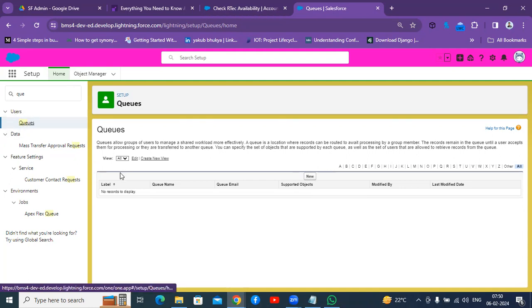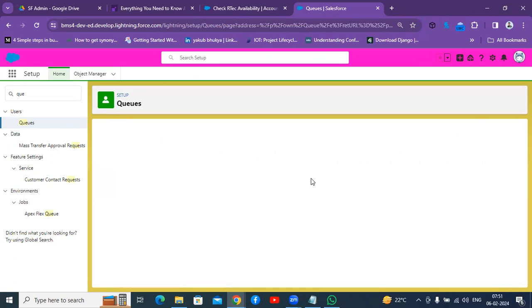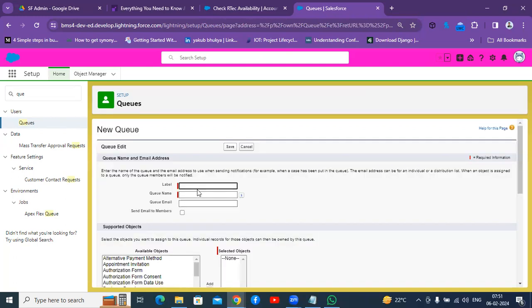Understood? So queues are nothing but also a group of users, and the purpose of queues is that whatever access a user has, all that access we are providing to some group. To make you understand this, I'll create one queue. Now, test queue name. The queue email is a feature. Let's suppose if some record is created or some error happens, and you want to send a mail to this queue owner, you can add that mail ID here, but it is not mandatory.